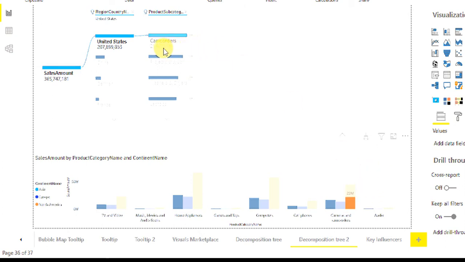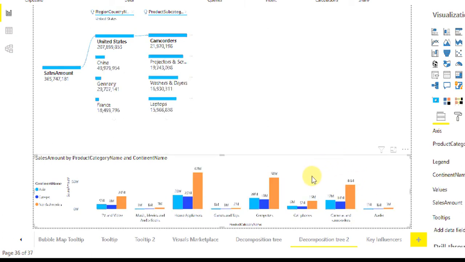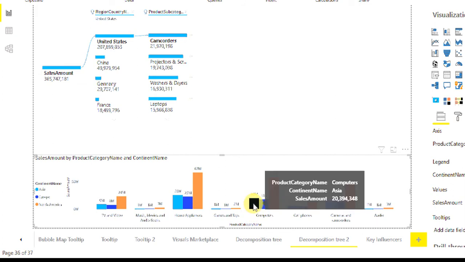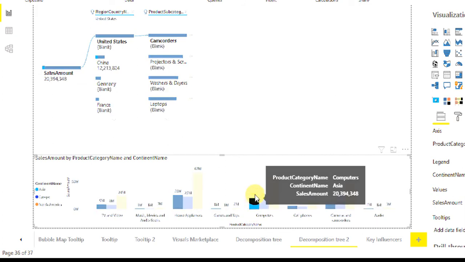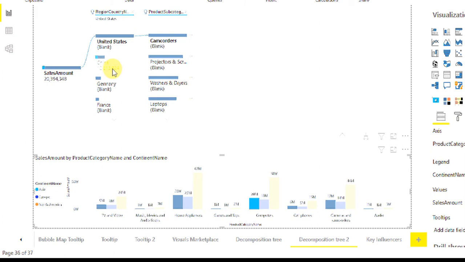So it's shown here 21.9 millions, which is approximately 22 millions is shown over here. Same thing on the column chart. If I select this bar, for example, it would show me where exactly it is located on this chart map